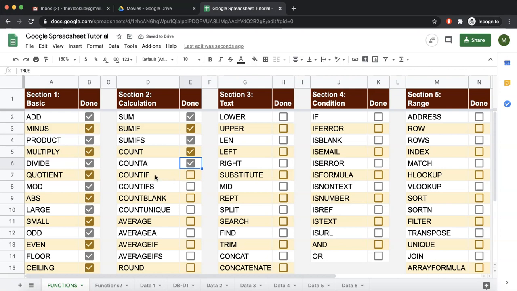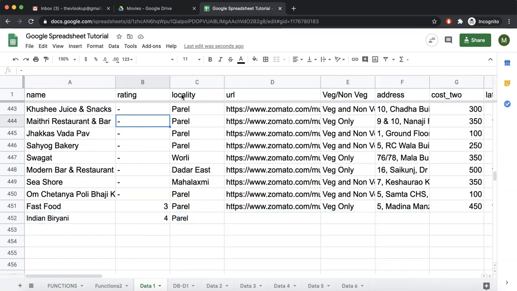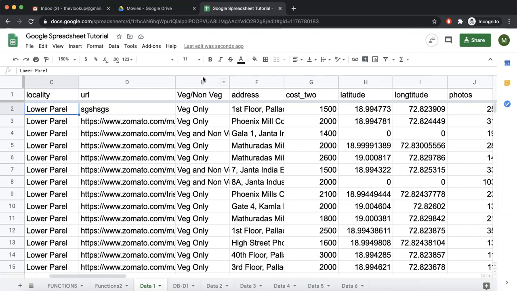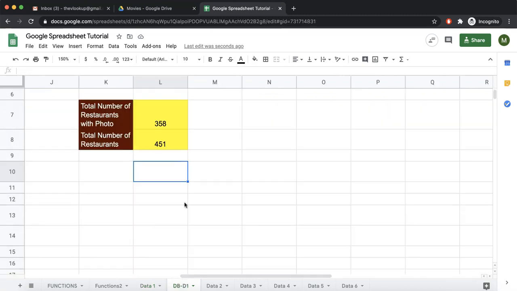Count if, as you can sense, is almost similar to sum if. Sum if was finding the sum of a particular range based on some condition. Count if will find the count in that range based on some condition. Let us see over here. We want to count total number of veg restaurants. So basically we want to count column E where it is veg only. So what we do, total veg restaurants, format paint this, and we say